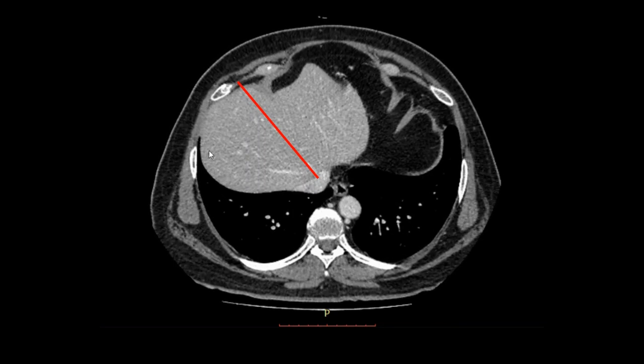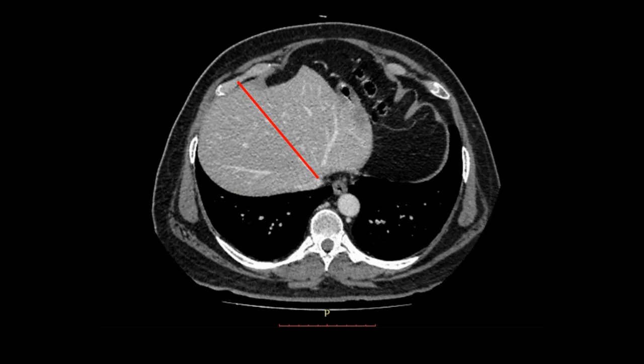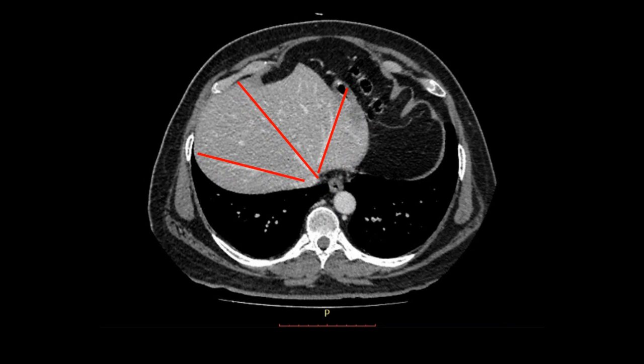So now we know that anything in this part is 5, 6, 7, 8. Anything in this part is 2, 3, 4. How do you divide that? You see three different levels on the scan. You see the left hepatic vein in the superior cut and you see the right hepatic vein. So this helps you divide the liver into 4 superior segments as we have discussed in the anatomy before. These are the 4 superior segments.